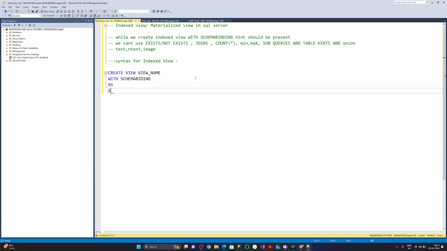Your queries, guys: select column 1, column 2 from table 1. Once we have created the view, we need to create a unique index. We didn't discuss indexes yet, right? I will discuss that as well. Create unique index, your index name